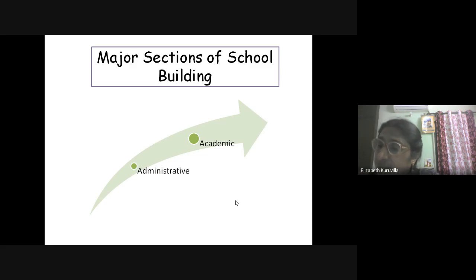And other academic things include the craft section, that is the craft workshop and the craft store, then the art section, which includes drawing and painting gallery, the science section, which includes a laboratory, a museum, a store, physics, chemistry, biology labs, then the music and dance section, which includes a demonstration room and a musical apparatus room, then the home science section.